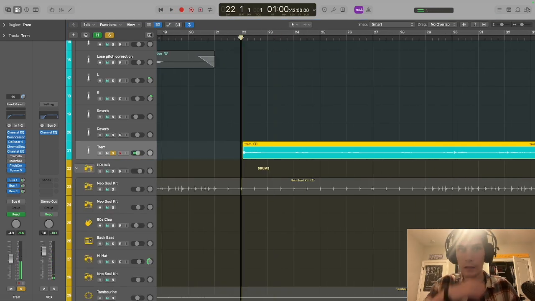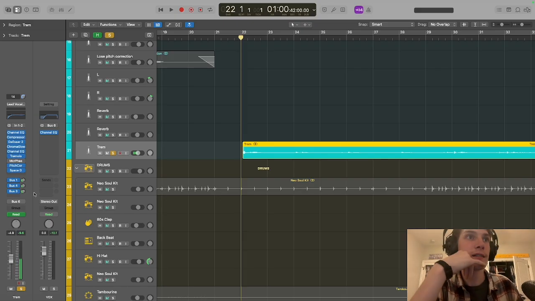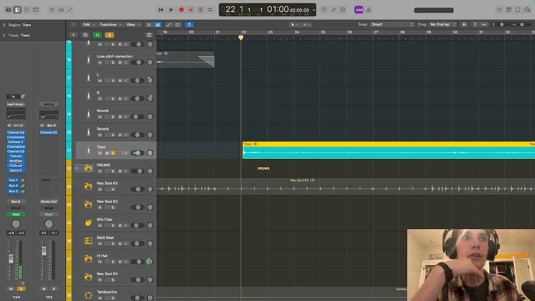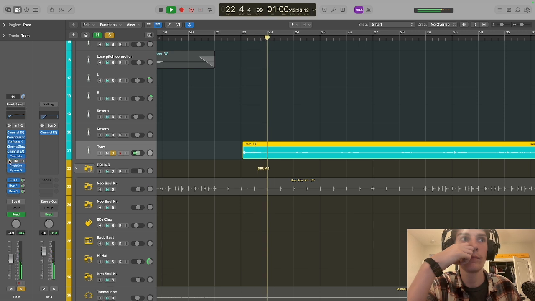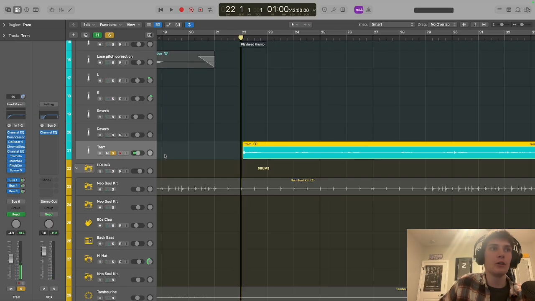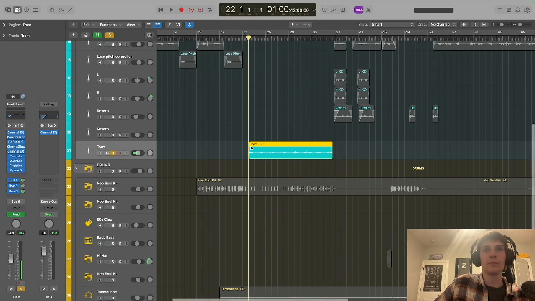Alright, so I did that, and then what I did is I put a tremolo on it, doing a slow pass through the ears, and then I hit it with a filter, or is that a filter? I'm forgetting what a microphaser does, which is really stupid because I put it on there. It does something. I think it's just like a vintage chorus, I guess, but it does something different. Maybe a little bit of a filter, but yeah. So just mess with the sound so that it flows through the ears,